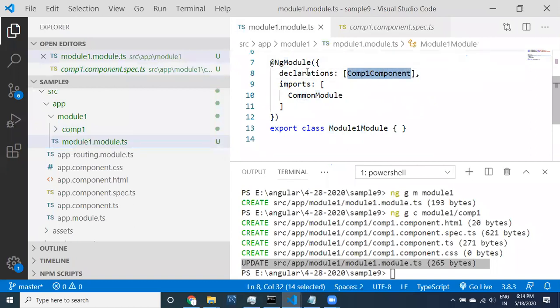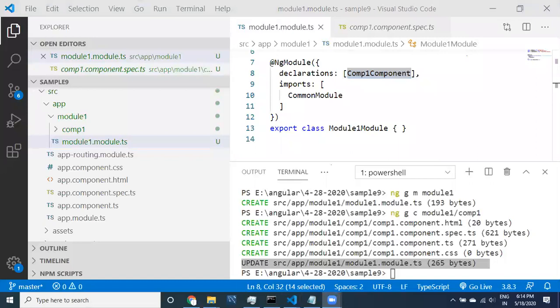In the declarations array, there was nothing before. Now the comp1 component has been newly added. This is how it is provided, something like comp1 component.